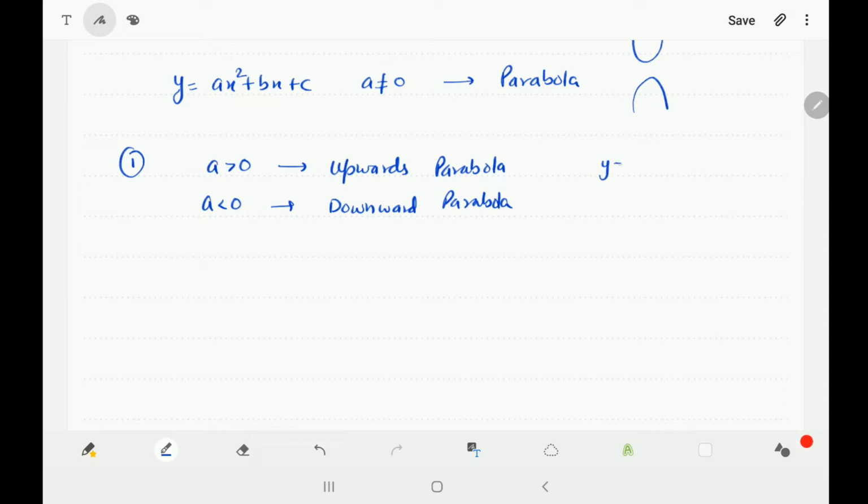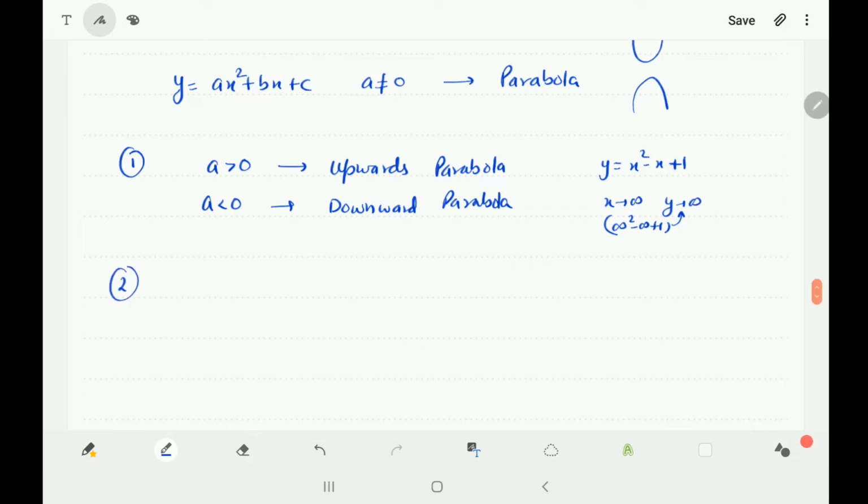For example, if we have the parabola x square minus x plus 1, how I got to know that it will open upwards is that when I put x tends to infinity, the y value will also tend to infinity, because this will become infinity square minus infinity plus 1. So this value will tend to infinity. So at x infinity, y will also be going to infinity. That's why the parabola will be opening upwards. If a is less than 0, then the parabola will be opening downwards.